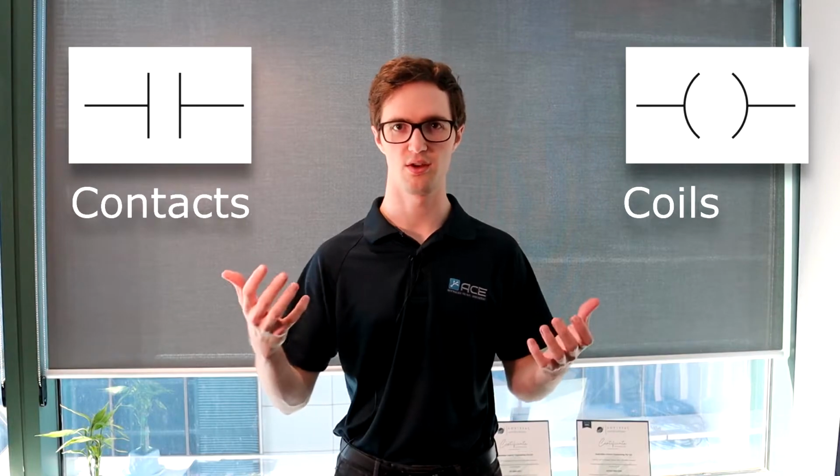PLCs are a really good substitute for hardware implementations. So normally we have a range of relays to control different factory automation processes, whereas we can actually do this all electronically, digitally in a PLC. So in a PLC, for example, ladder logic, we have contacts and we have coils. Contacts basically act as relays, more of an electronic version, whereas coils act as the outputs for driving, say, a